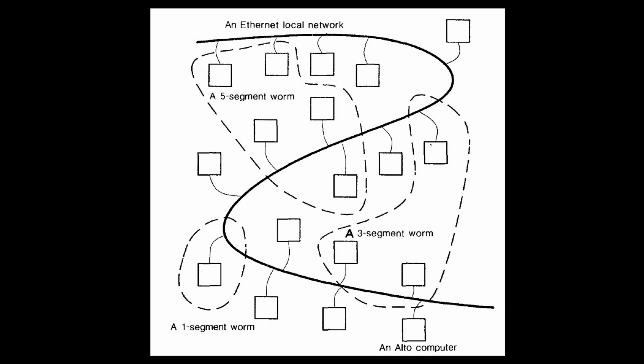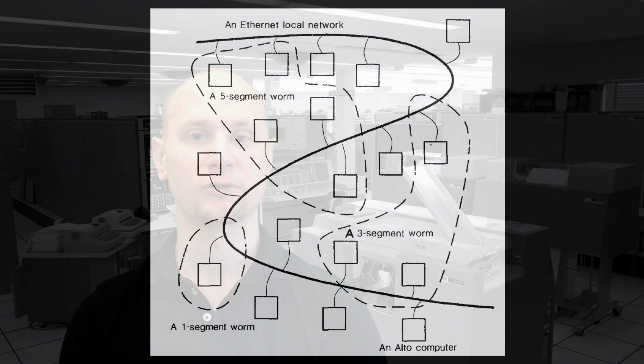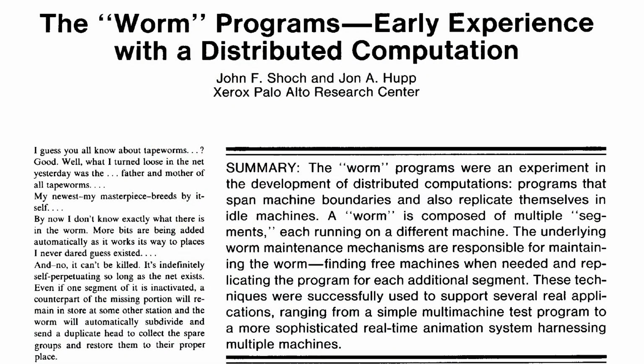All the worms had specific lengths which they should be, and if a computer started being used for some different purpose, the worm would find a new idle computer to which it would spread. In theory, great. All the worms were so-called multi-segmented, i.e. the part which was on each computer was called a segment, and the segments as a whole created one worm. The researchers published their findings in 1980 and then again in 1982 in Communications of the ACM under the title The Worm Programs: Early Experience with a Distributed Computation.